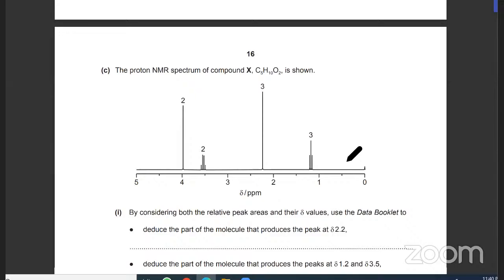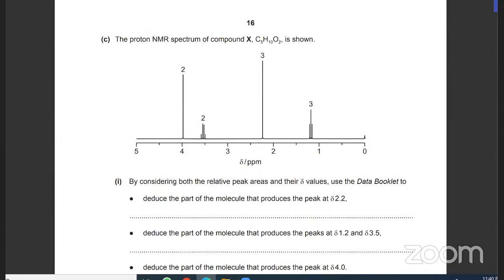And moving to the next part. Just 1 second. Okay, I'll do this after this one. Now moving to the next part, you've got